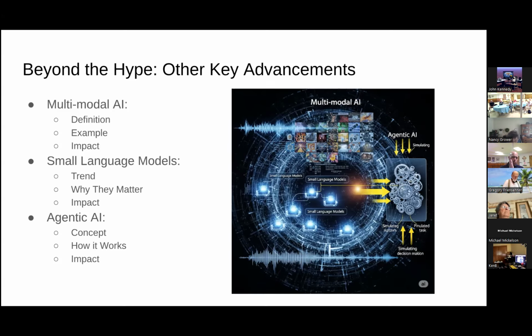The impact of small language models is that they make powerful AI more accessible, enabling widespread deployment to diverse applications, from personalized on-device assistance, like I mentioned, to specialized industrial applications. And then the other key advancement here, and this one is really big in 2025, is agentic AI, which is autonomous action and reasoning. So instead of having a chatbot where it requires a human to ask it to do everything, you create an AI agent that runs on a server somewhere.